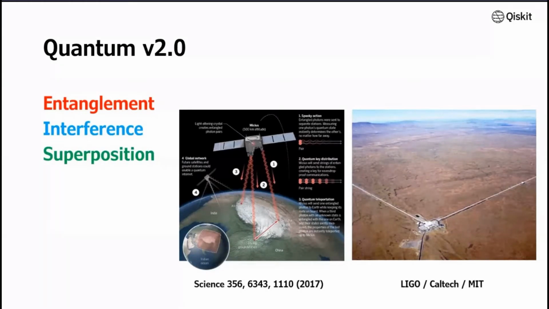So this shows that the left side is quantum teleportation, actually using entangled photons from a satellite in China. In the satellite, they use the entangled photons to send the information, and they can encrypt the information using the entangled photons. On the right side is an interference pattern. They can measure gravitational waves from a faraway black hole. So with these concepts, entanglement, interference, and superposition, we can also create the next generation computer called a quantum computer. From here, the rest of my talk will focus on quantum computation.